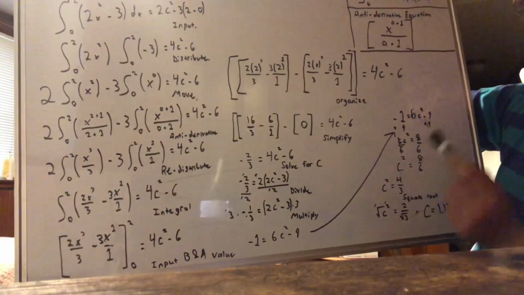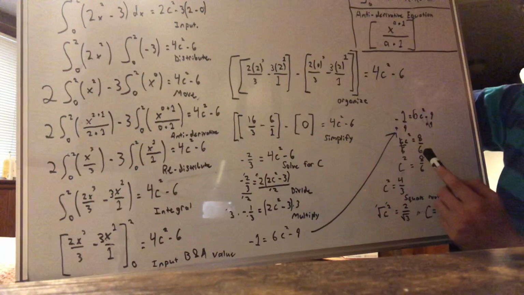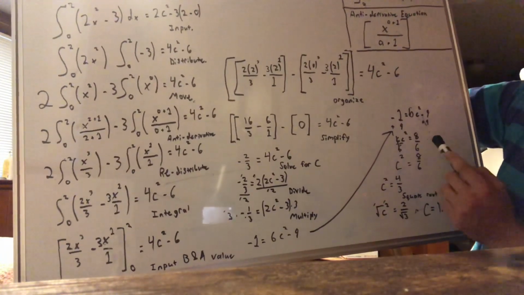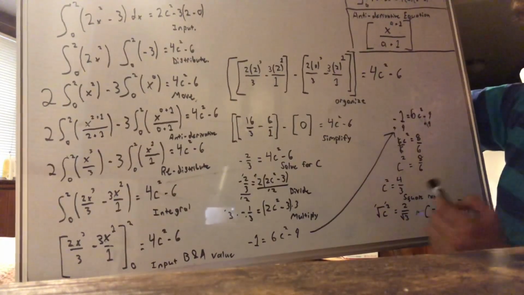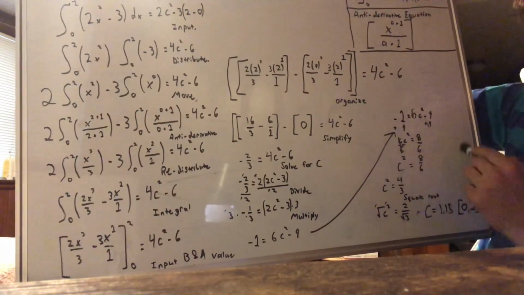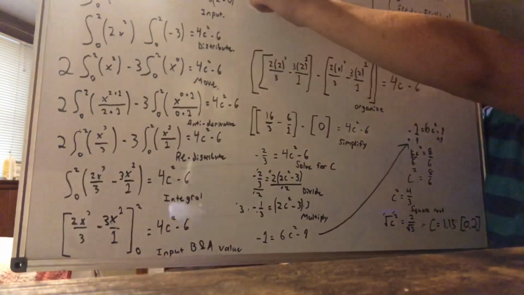Our -1 equals 6c squared minus 9, just adding 9 to both sides. And then you get 6c squared equals 8, divide by 6 on both sides. You can simplify 8 over 6 to 4 over 3, and then all you do is take the square root of both sides. And since we're trying to find a value that is in between